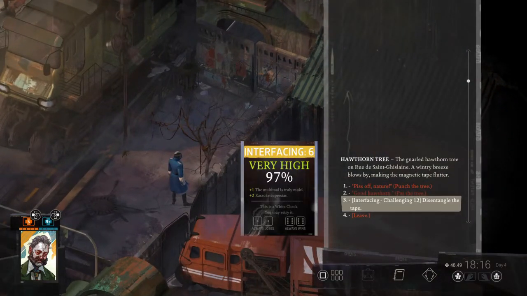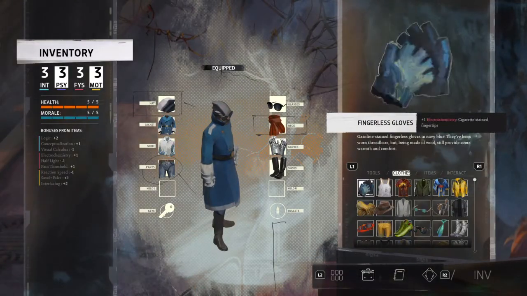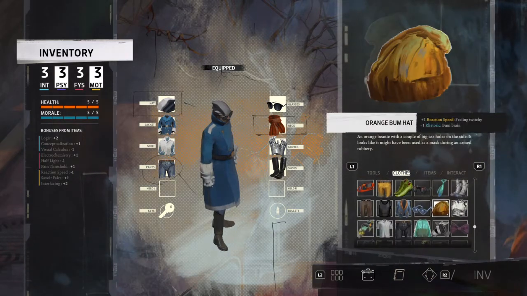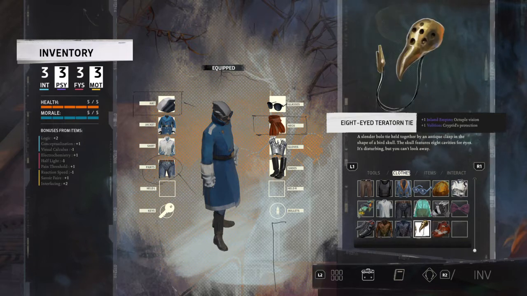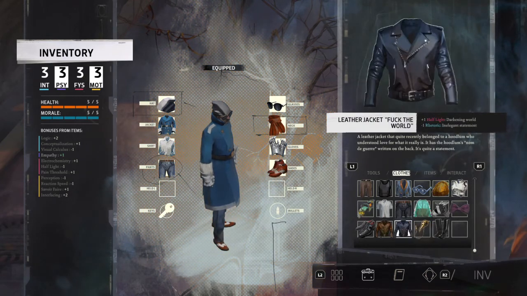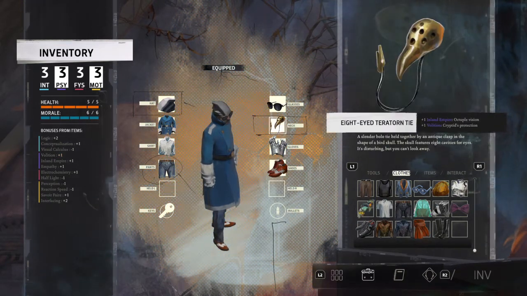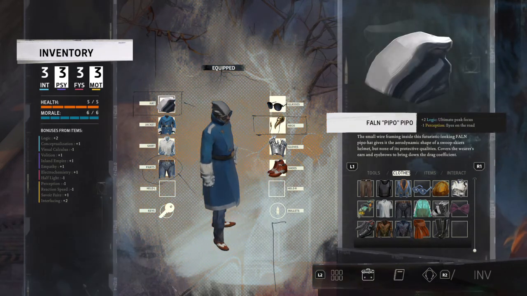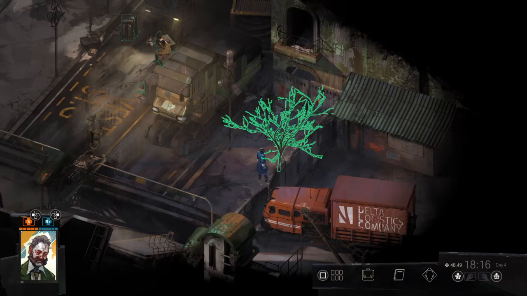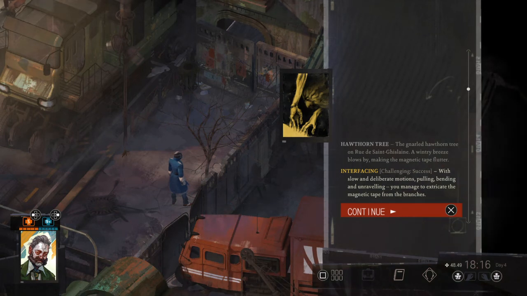The gnarled hawthorn tree on Rue de Saint-Gislain. A wintry breeze blows by. Anything else I could do to boost my interfacing? With slow and deliberate motions, pulling, bending, and unraveling, you manage to